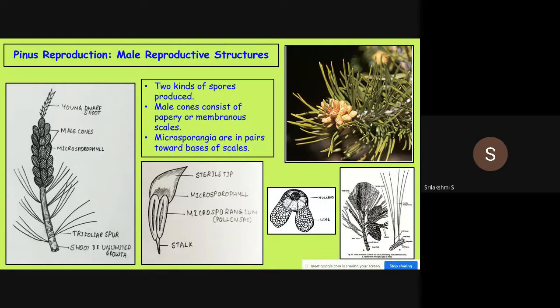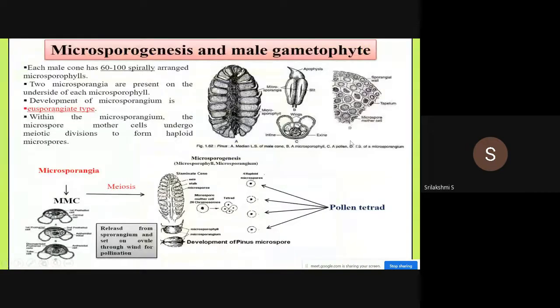So then what else I had to tell you? I think this much you should know for the male reproductive structure. Next will be the female reproductive structure. The female reproductive structures are also found in the terminal regions of the stem, in the axil of the scale leaf. See, this is the male gametophyte,